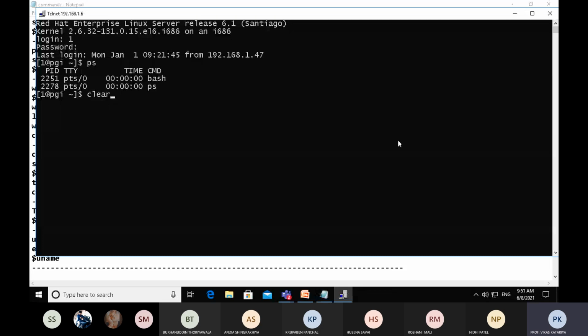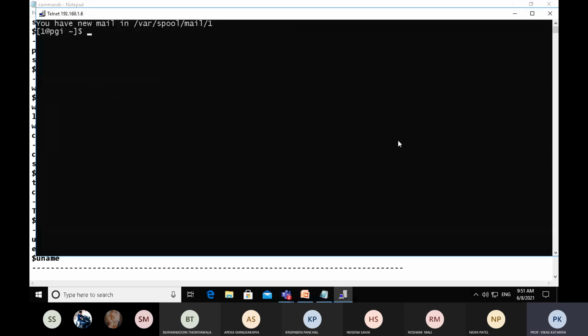First, we will clear the terminal by putting the clear command so that you will get a proper display of the WC command. So we require a single file for the WC command. Let's create a new file, cat greater than file1. Now, as you press enter, it will wait for you to write data in file1. So yes, I want to write some data in my file1.